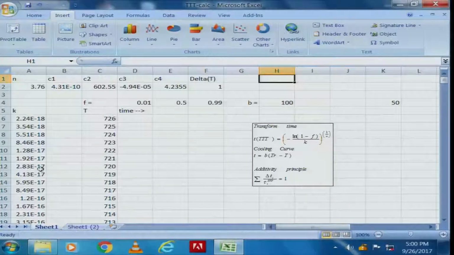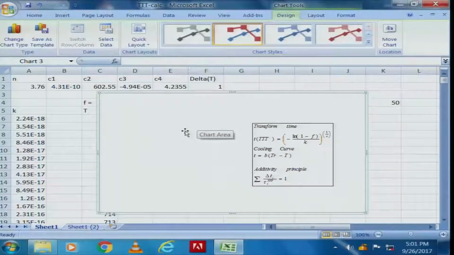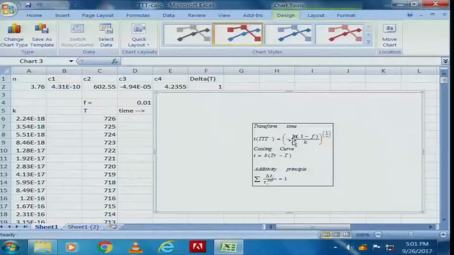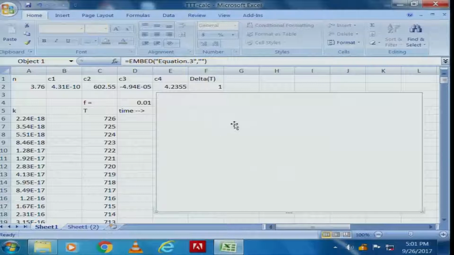Incidentally, these K values have been obtained from data of TTT diagrams. Now, this K, if I make a scatter plot, let me just remove this formula box here for a minute. I insert,